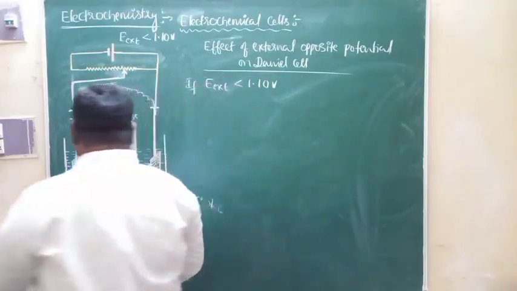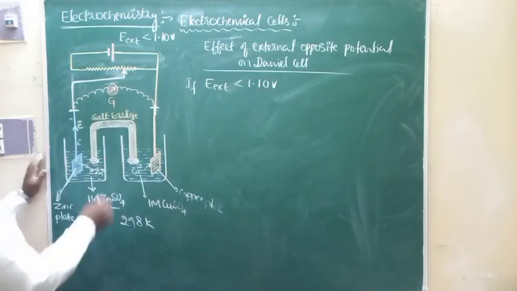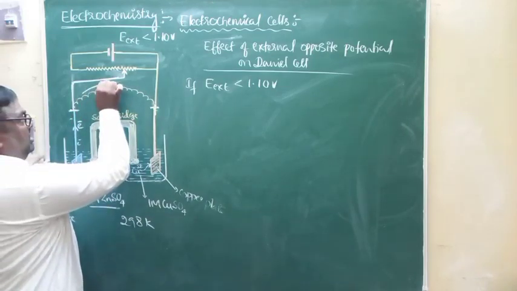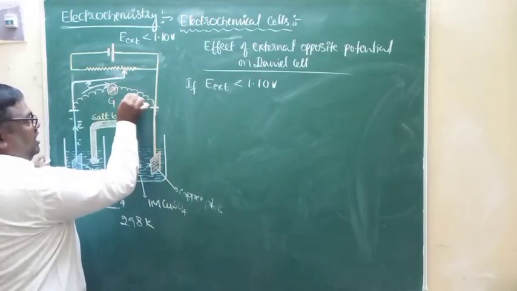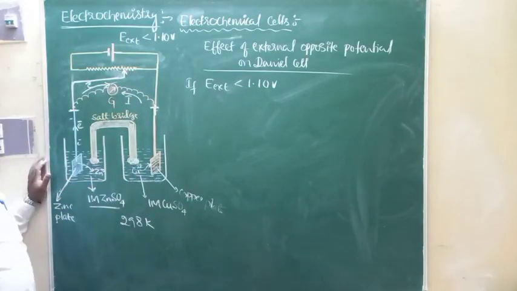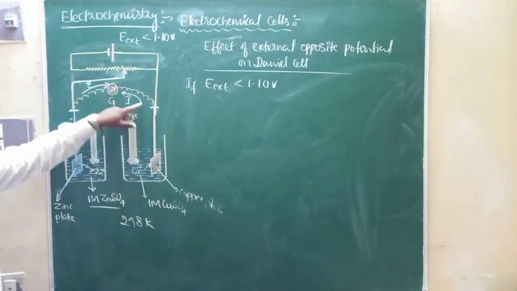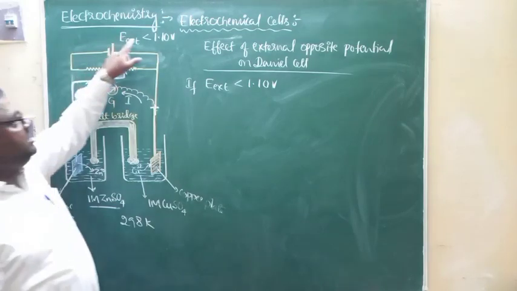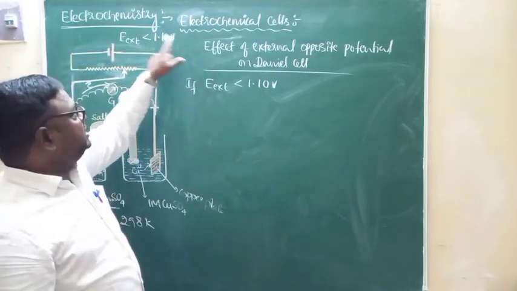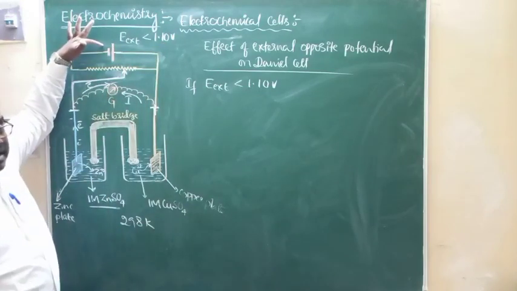That is, the direction of flow of current will be opposite to the direction of flow of electrons. If electrons flow from the zinc electrode to the copper electrode, the current is always in the opposite direction. That is, electrons flow from zinc electrode to the copper electrode, current will be in the opposite direction. You know that, right? Now look here, if the external opposite potential is less than 1.10 volts,